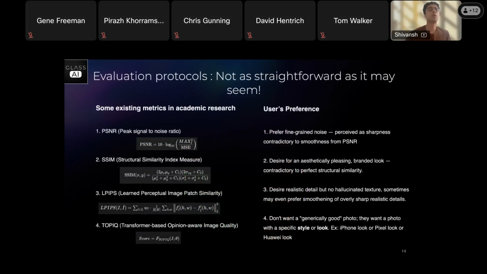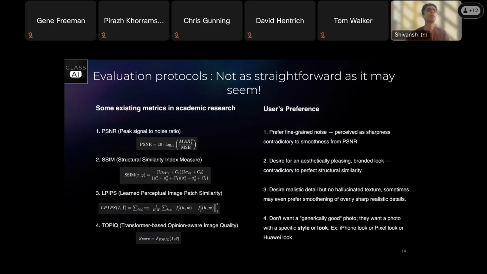What I'd like to show from this slide is that some of these metrics, while being heavily followed in academia, do not correlate that well with how the users may prefer their images to look. So even if you end up optimizing your neural networks for these metrics, that may not eventually give you the desired result that the user, or let's say the OEM, may want.